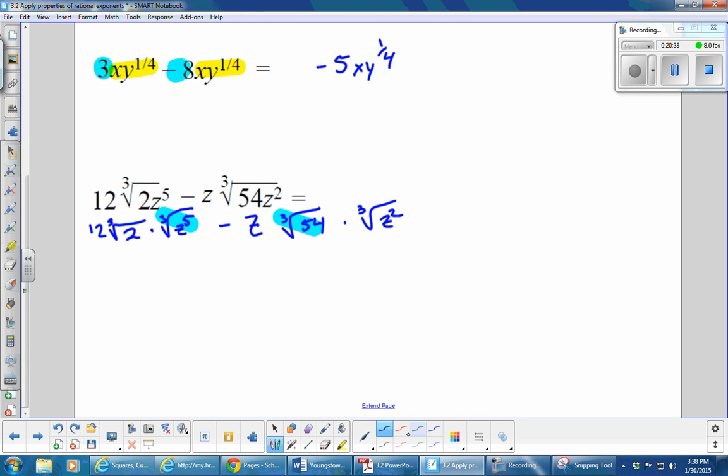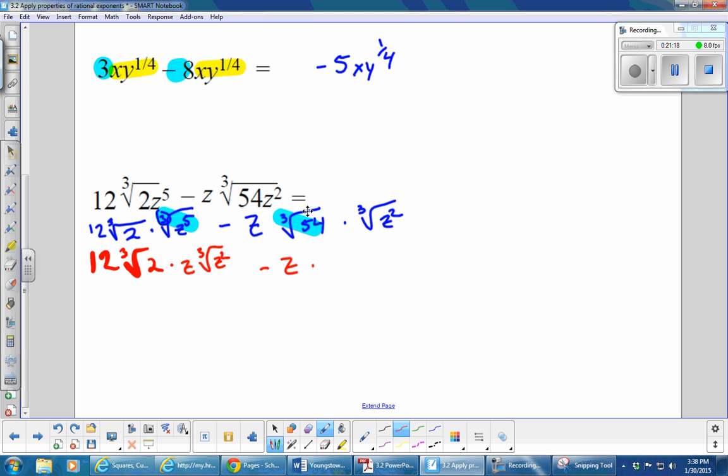Okay, so let's look at this. 12, cube root, oh gosh, this is going to get sloppy. Cube root of 2, here, let me get that out of there. Cube root of 2, okay, and then how many times does 3 go into 5? 3 goes into 5 once with how much left over? With 2 left over. So it's going to be z cube root of z squared, okay, minus z times,